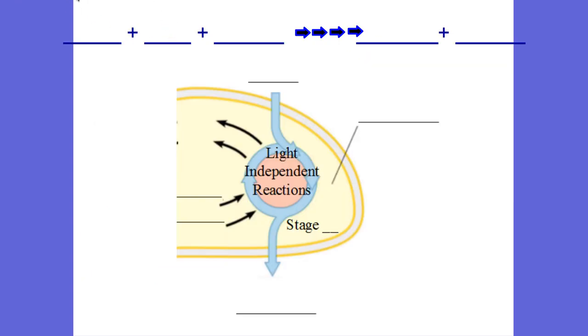If you remember what happened in stage 1 happened when we had 6 water molecules, and we had light energy, and the light energy was going into breaking those water's bonds, and what did we end up getting? We got 6 moles of O2 gas coming out of it. All right, and so we also got some high energy electrons, didn't we? And some ATP and some NADPH. And so what happens in stage 2? Well, stage 2 takes 6 moles of carbon dioxide and it makes some glucose,